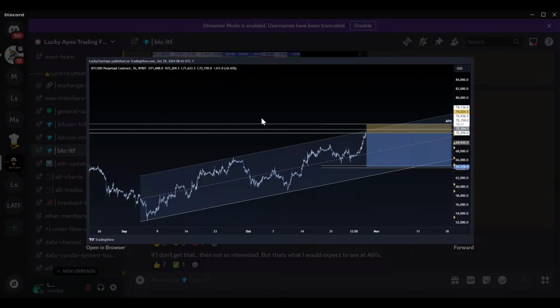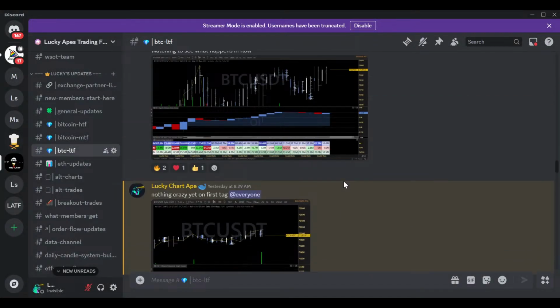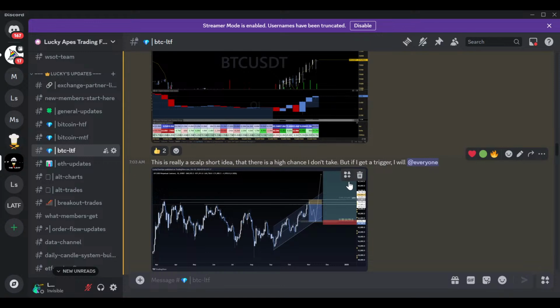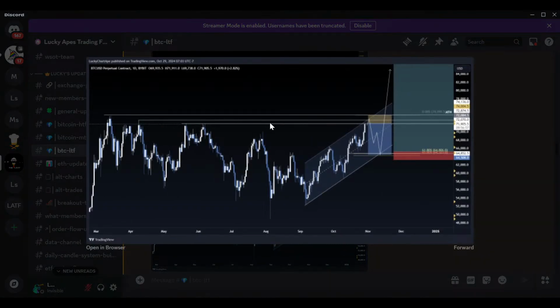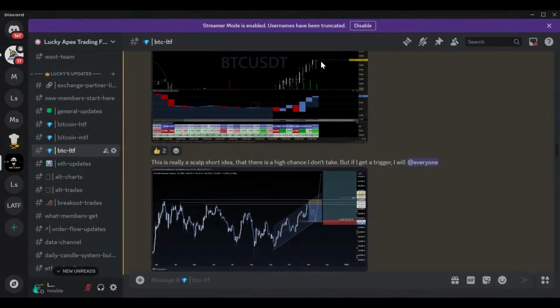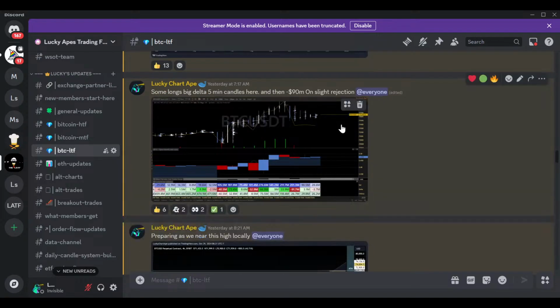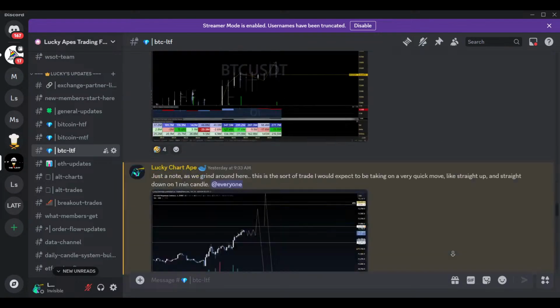So the idea was this, right? Let me go back a little further to when I first started talking about the idea. So this is, again, a local setup. Just running up into this channel idea, taking all these highs, but not the all-time high, and then just running back down. And there might be a local short setup there. And there's a few ideas for this that maybe I'll talk about here. But this is what I'm about to be referencing.